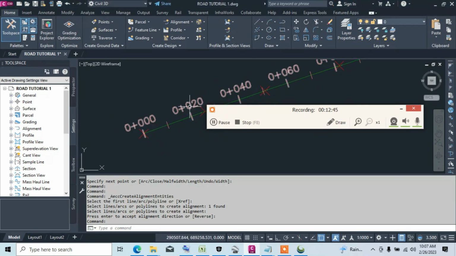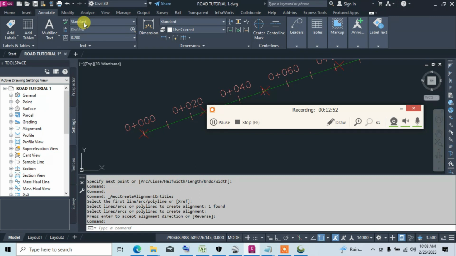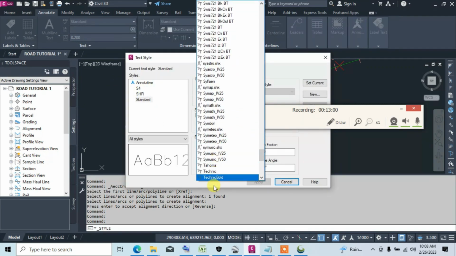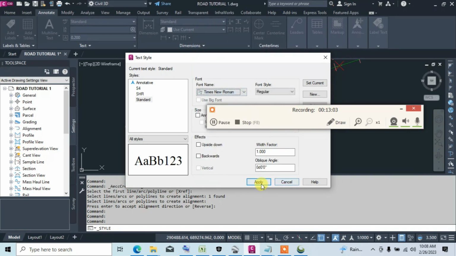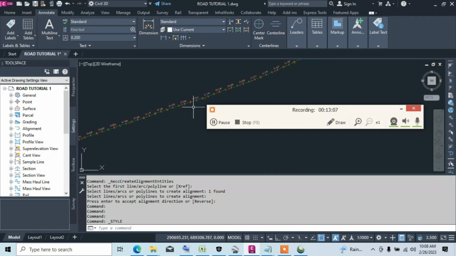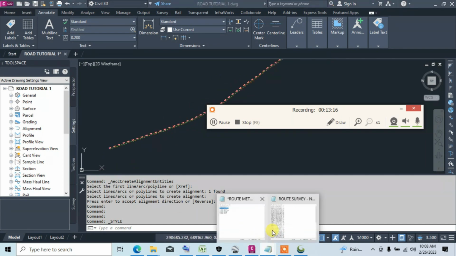Let's change this alignment to a good text format. Click on Annotate, click on Standard, then Manage Text Style. Change it to Times New Roman. Then click on Apply and then Close. Now this is okay. Now we have created the alignment. Next, we are creating